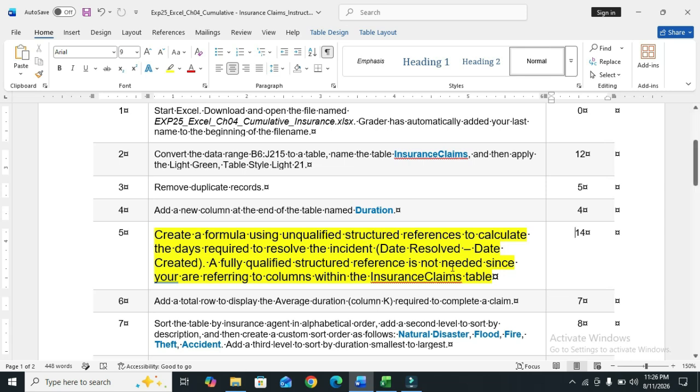Date Resolved minus Date Created. A fully qualified structured reference is not needed since you are referring to columns within the InsuranceClaims table. So simply create a formula. The formula is Date Resolved minus Date Created.